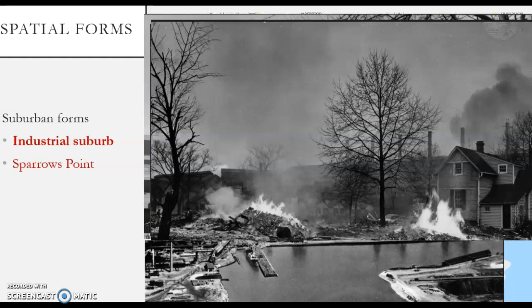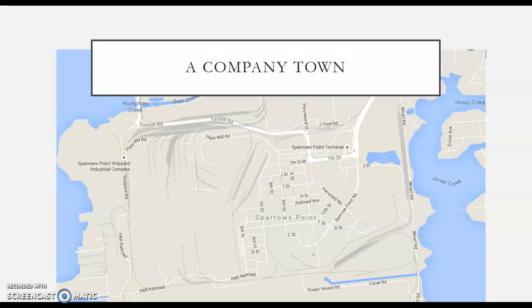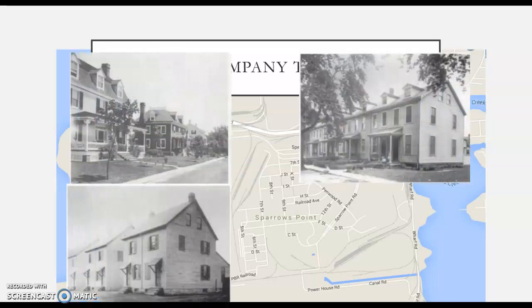So as the steel mill expanded, people started to head elsewhere. But this example of an industrial suburb really does support the early company towns that heavy industry built so that people would live right next to work. The social stratification found in Sparrows Point was apparent, and you can see the different housing that was found on